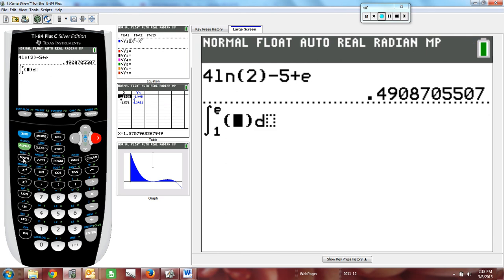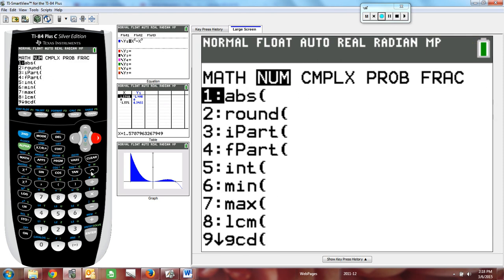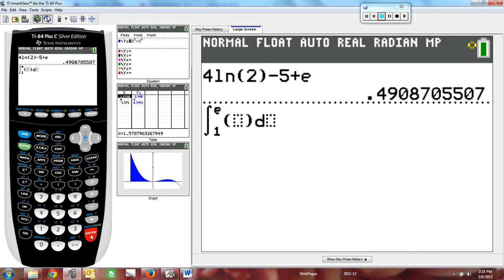Well, don't forget the absolute value. I'll give you a little heads up. I've been sitting here for 10 minutes trying to figure out why I wasn't getting the same answer, and I had forgotten the absolute value, which of course the definite integral and area are not the same. You have to remember to put in this absolute value, 2 divided by x minus 1,